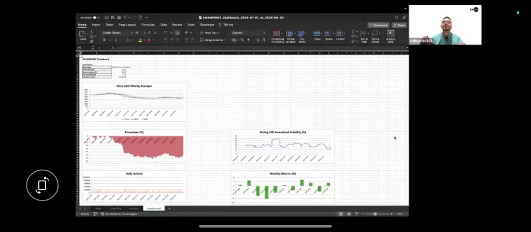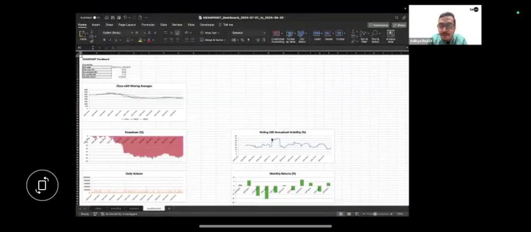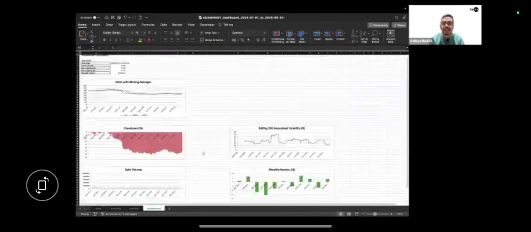Truly mind blown by this? Drop in an MB in the chat box if you are truly mind blown by this, that we have been able to create an Excel dashboard as well, and that too in a matter of few minutes. Truly mind blown. Excel dashboard created for us.